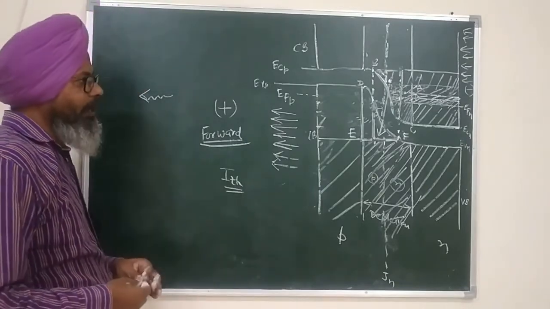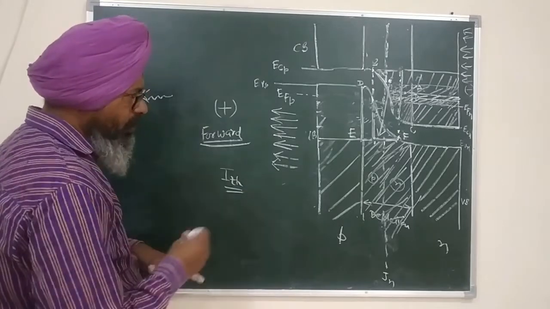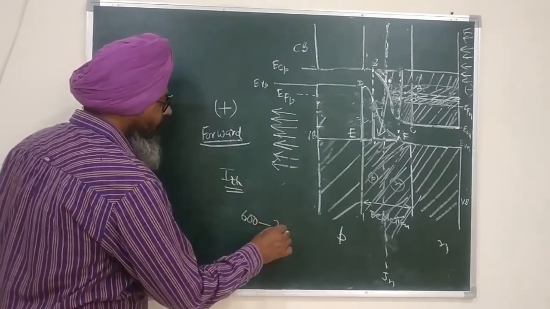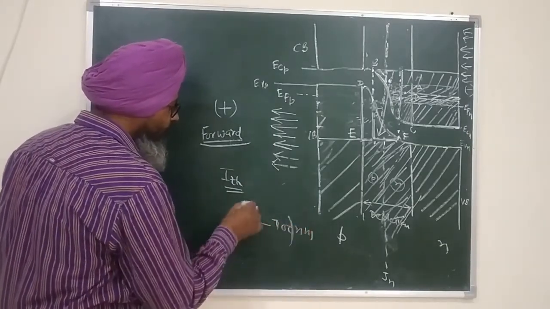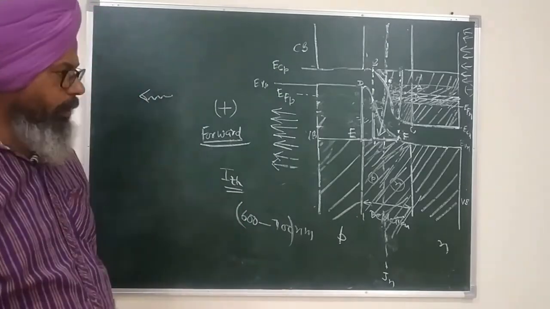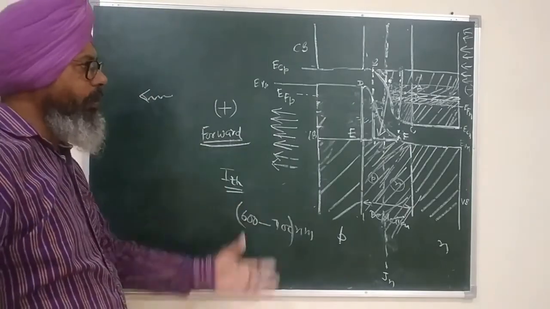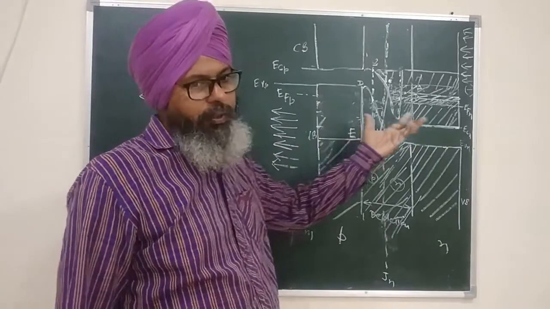I will tell you about that. For that prototype or basic semiconductor, the wavelength of the light is in the range 600 to 700 nanometer, which will give you red color perception,